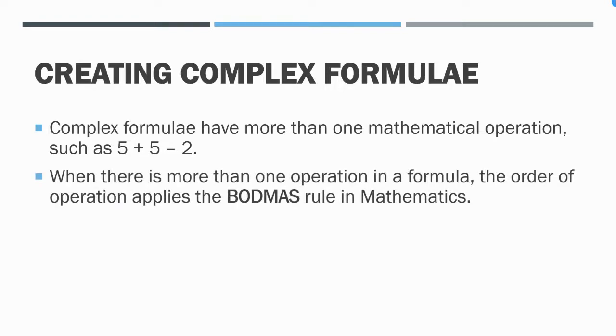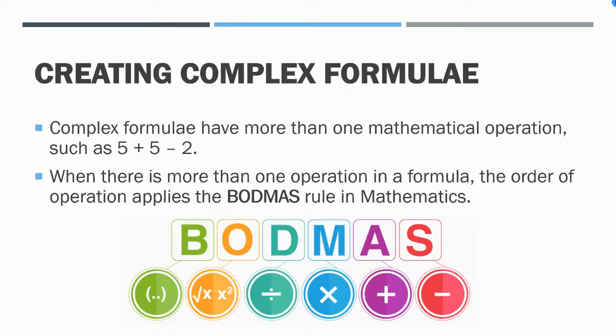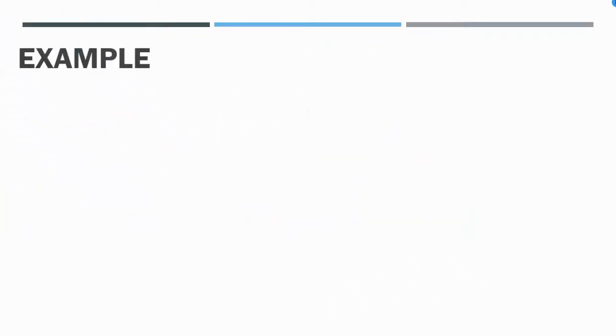Okay, so when this happens, we are going to follow the BODMAS rule, which we are already following in our mathematics. When you have more than one operation in a single equation, we follow the BODMAS rule. BODMAS is nothing but brackets, of, and then division, multiplication, addition and subtraction. So in this order we are going to do the calculation. Here I have an example for this BODMAS rule.